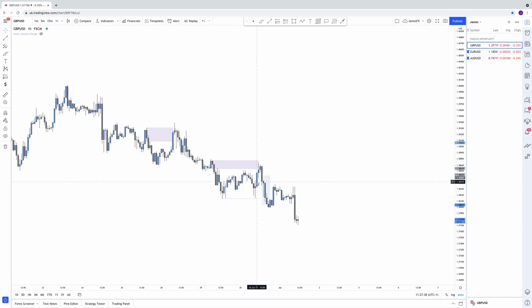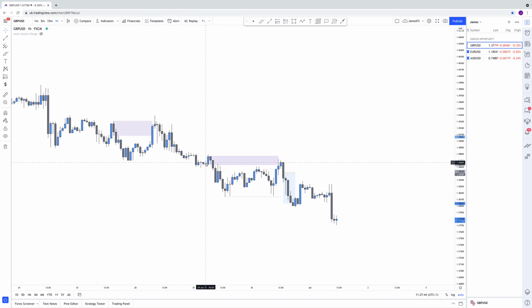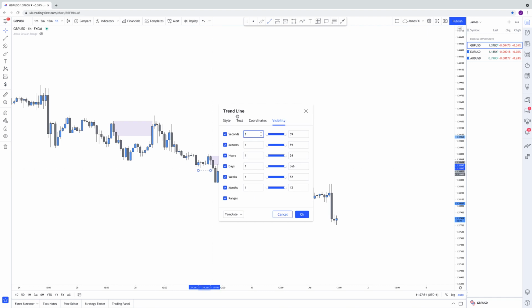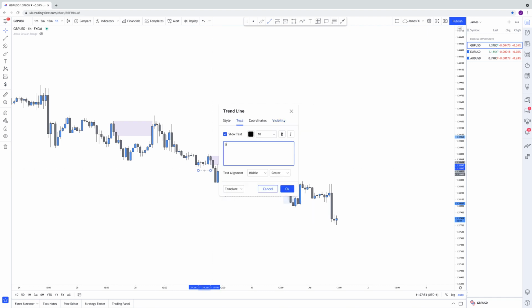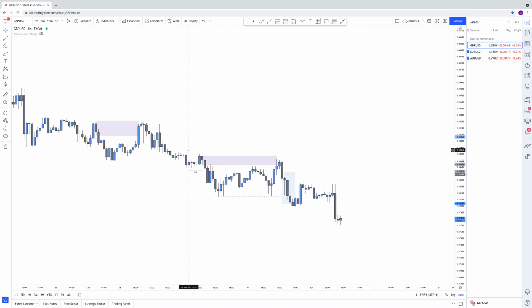So if we look to what happened prior, we had a push down here, and if we just zoom right in, we had a break of structure. So I'm going to mark it on. Okay, so a break of structure right there. Now, if you're brand new to the strategy, the reason that's a break of structure on that low